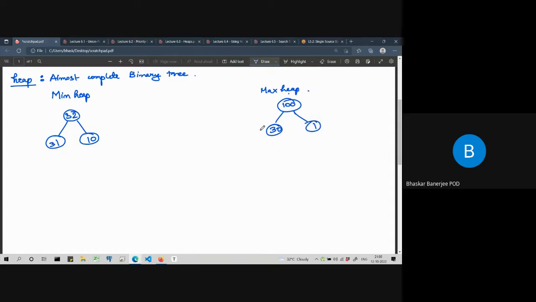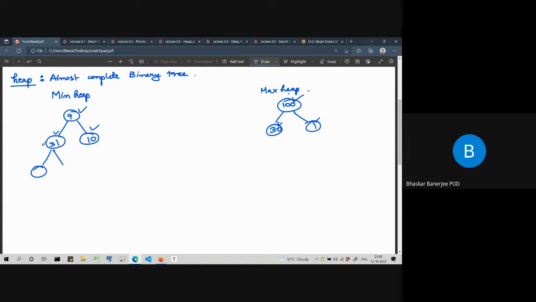Oh, sorry, I wrote this wrong. It's not 25, also 10. So I have to put some value which is lesser than 10. So let's say 9. Fine. So this is the idea. In a min heap, the parent must always be smaller than its two children, and in a max heap, the parent must always be larger than its two children. And accordingly, if I extend this,